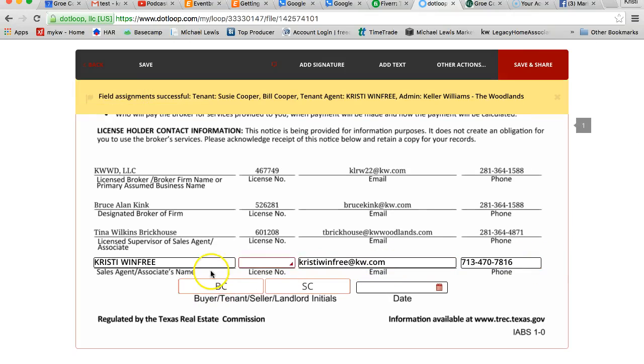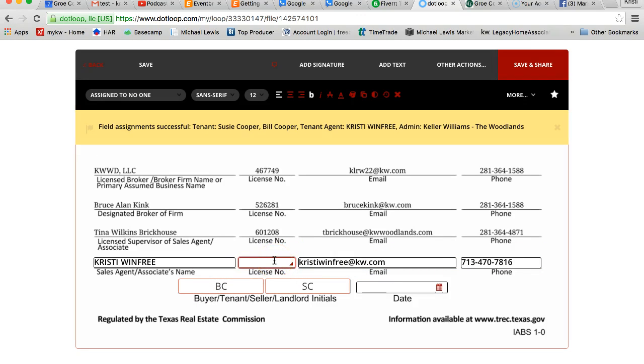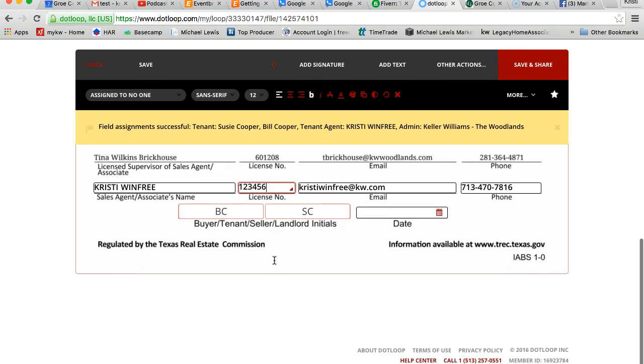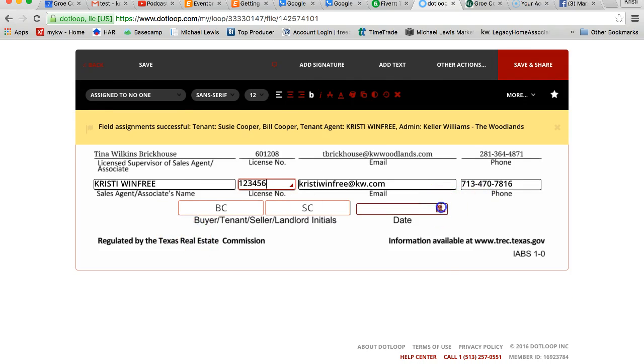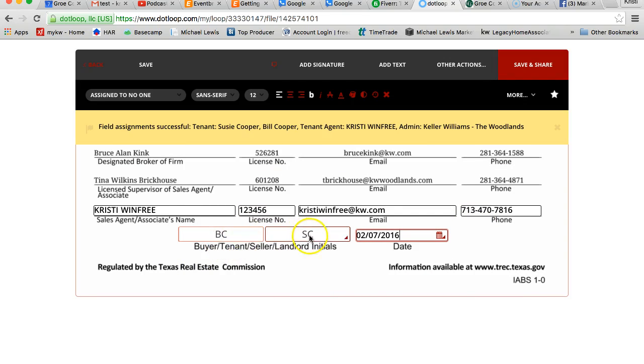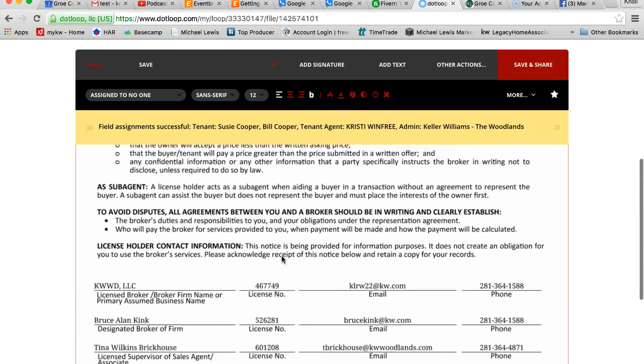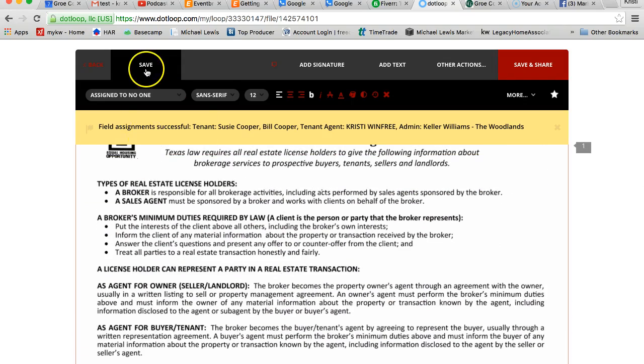It autofilled some of my information, my license number. I'm just going to make up something, but yours is going to be on your hard card. It's a 6-digit number. Go ahead and hit the date there. So we'll make it today's date. And then you see that their initials are here. That means that they will be able to electronically sign it, and that's what you want. So I'm going to hit save